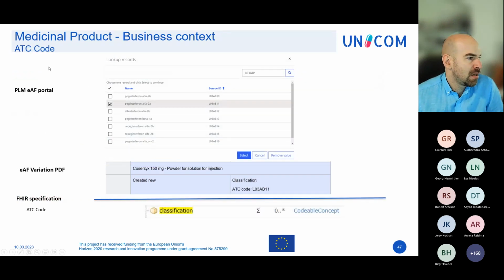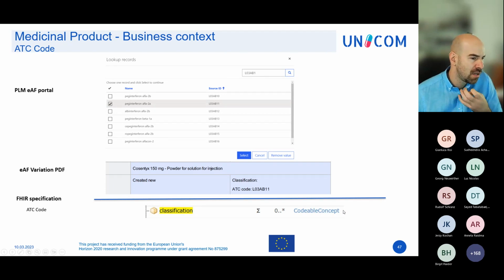Next up, I will show ATC code. This is the example I've used before. In the PLM portal, you select the ATC code from a list. In the PDF, we automatically render that in the present and the proposed section. In the FHIR specification, it is called classification and not ATC code. That's a bit weird, and it is a codable concept.